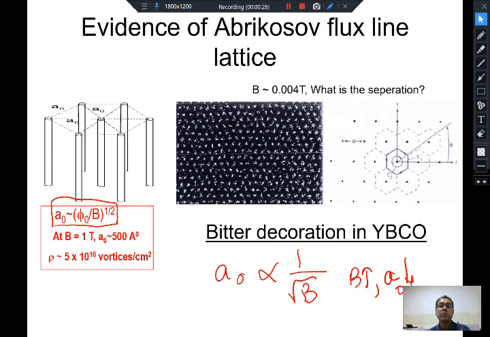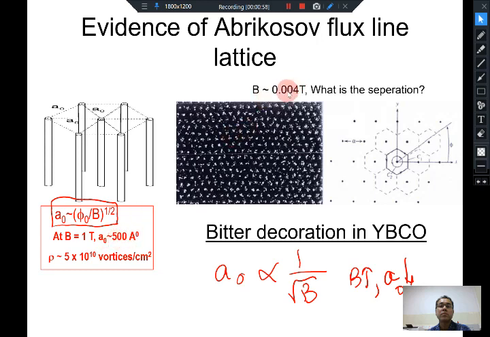iron particles on the superconductor and then seeing the location where the iron particles have collected. That gives you an idea whether vortices are present, and it gave you a picture of a well-ordered vortex state. We also knew that the spacing between the vortices is inversely proportional to the magnetic field. So by changing the applied magnetic field, you can change the spacing between vortices. For example, at a field of 1 Tesla, your intervortex spacing is about 500 angstroms, or about 50 nanometers.